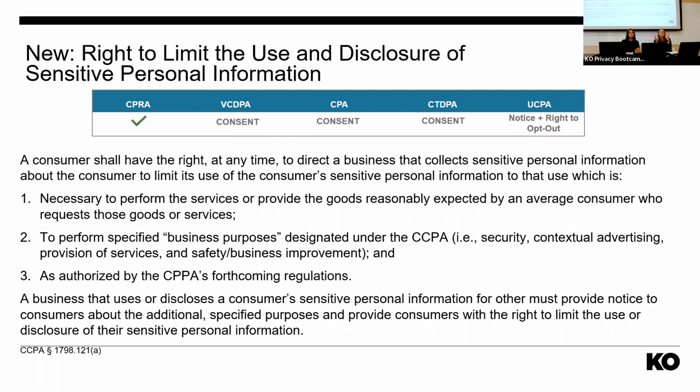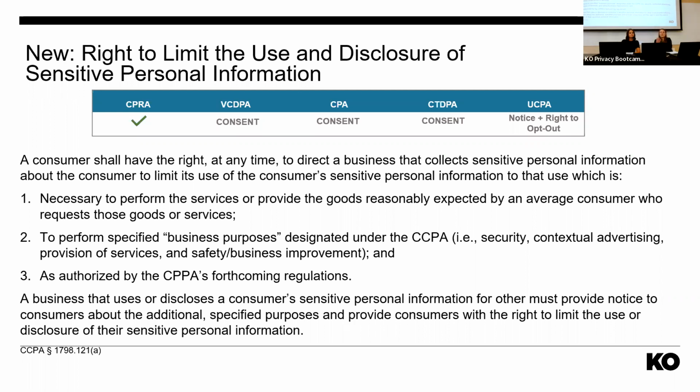So we'll start with California because that's pretty much the outlier, and there's a lot of specific requirements around how to address this right. But basically in California, the rule is that if you're collecting sensitive personal information from a consumer, and I didn't include the slide that has all the examples of sensitive personal information, if you want to go back and look at the slides from session 1, that is a great comparison chart. But California, remember, has the most categories of sensitive personal information out of all of the states. So it's going to be important to really be classifying your data in California. To the extent the business is